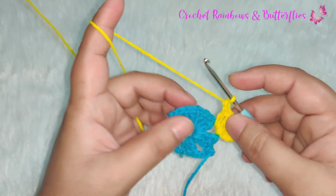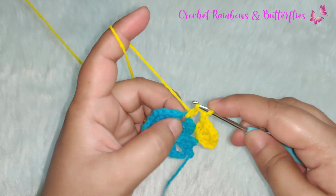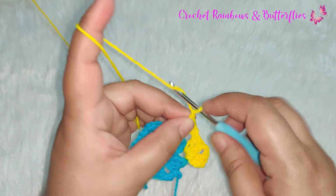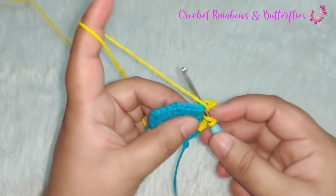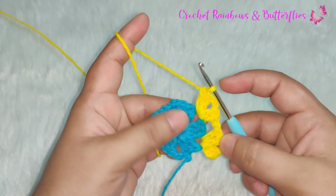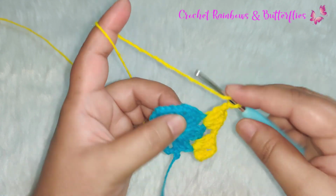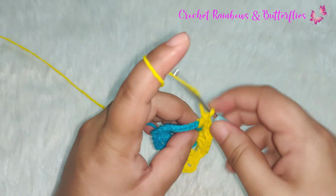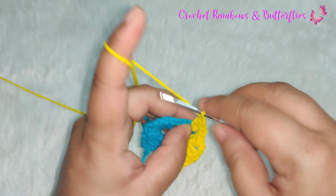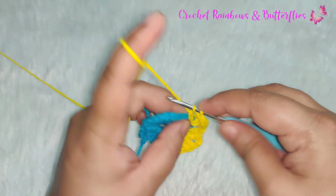Now you chain 1. We are going to skip the double crochets. In the next chain space you work 2 double crochets, chain 2 and 2 double crochets in the same space. Chain 1. Again skip the double crochets. In the next space you work 2 double crochets, chain 2 and 2 double crochets in the same space. 1